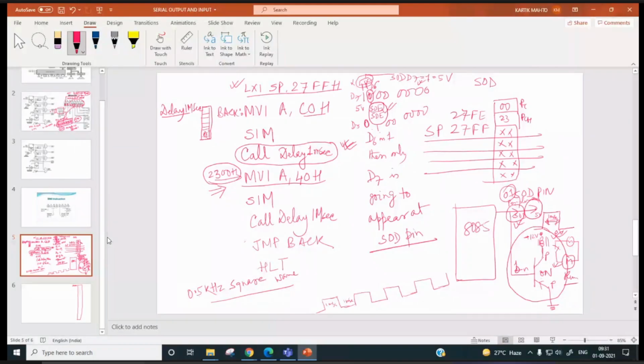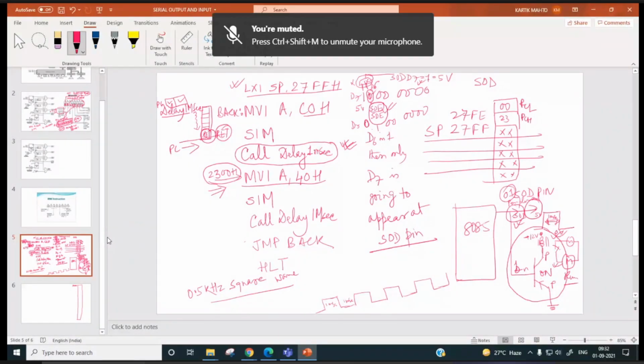Then the program counter will be loaded with the subroutine address, and it will execute these subroutine instructions. And the moment this RET instruction is executed, what will happen? The program counter will be loaded with this, right?